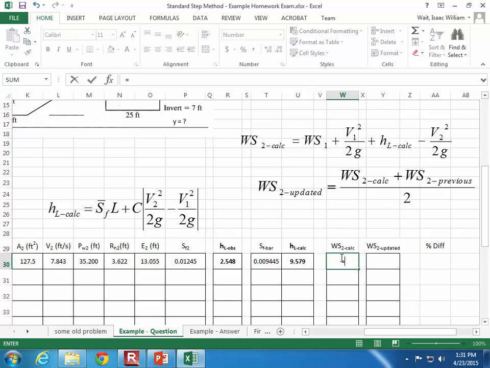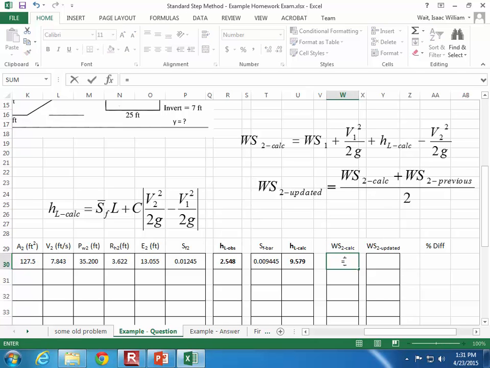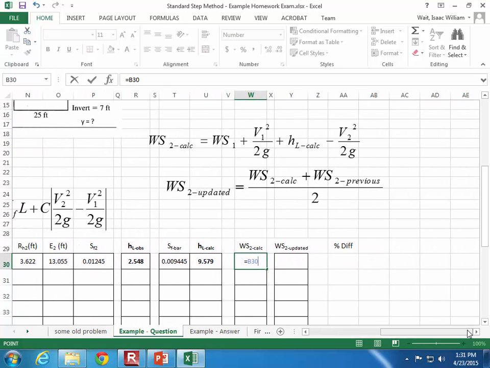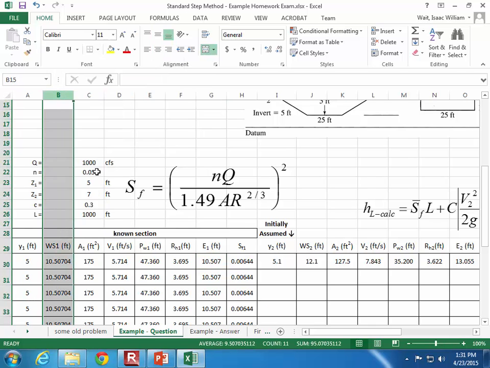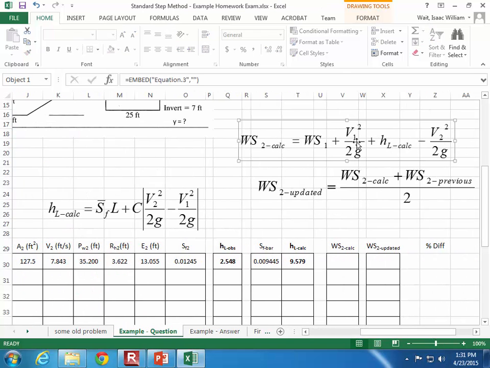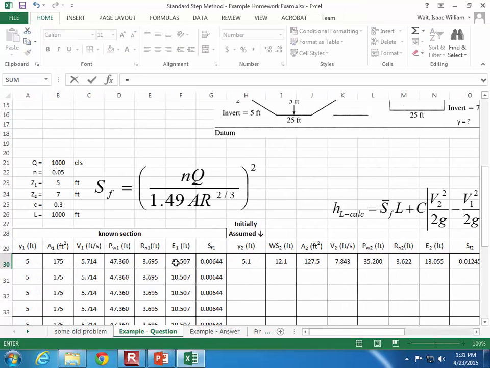Okay, so again, what we're trying to do is this equation. So the calculated water surface is the water surface at 1, which we can get from over here now that we made it, plus the velocity head at 1. This shouldn't have had the velocity head in it to begin with, but see, that's actually E1. It's the same thing. Let's just delete the whole thing there. Went to all that effort. Okay, basically, WS1 plus the velocity head at 1 is E1. So I'll save myself the trouble of just doing the E1